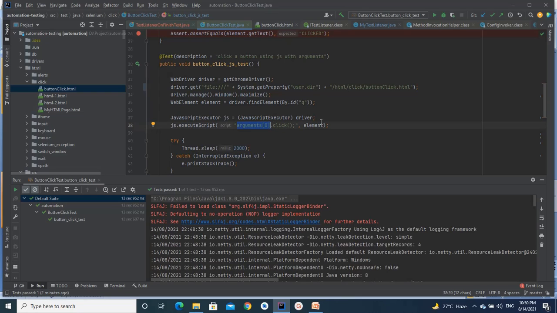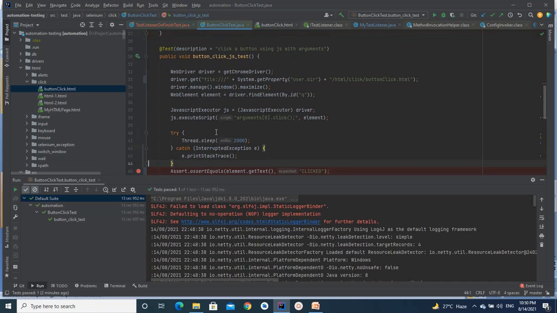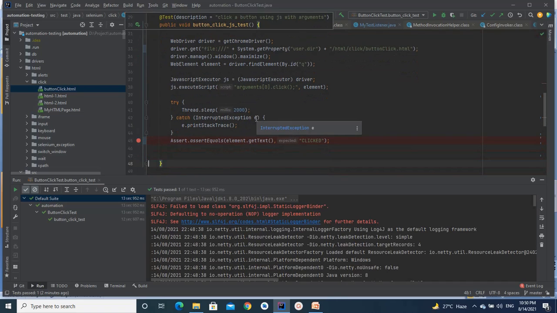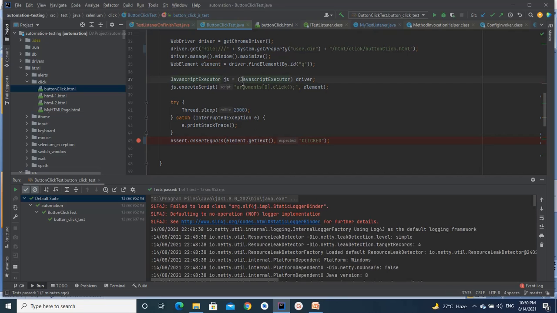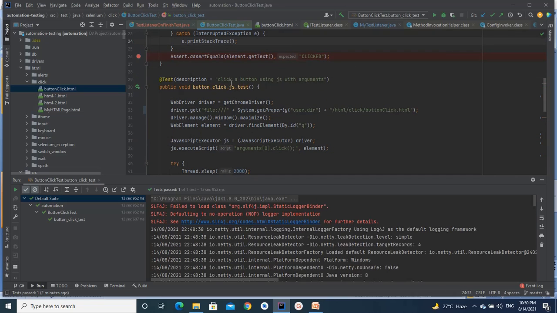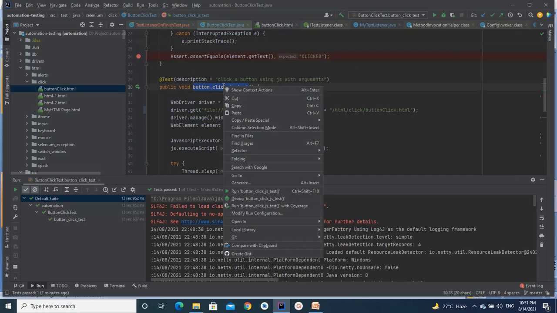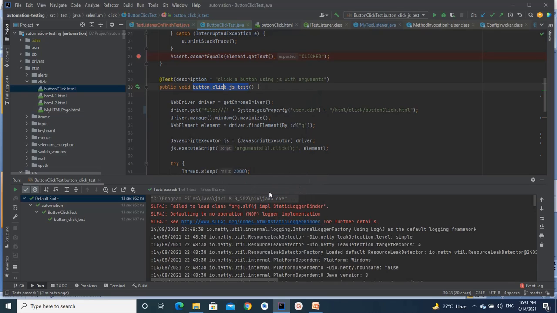So arguments[0] will be replaced at runtime with this particular element, and it will become something like element.click, and the operation will be performed on that particular button. Thereafter I'm just waiting for a second to see the label changed and doing the same comparison. So we are expecting the test should pass, just like the above script.